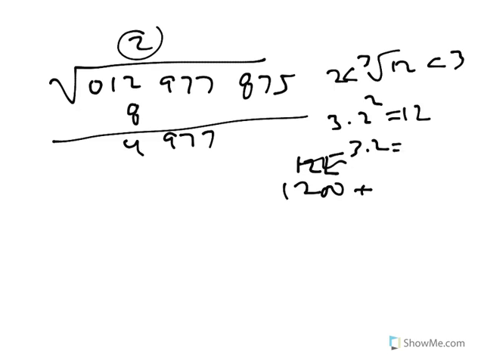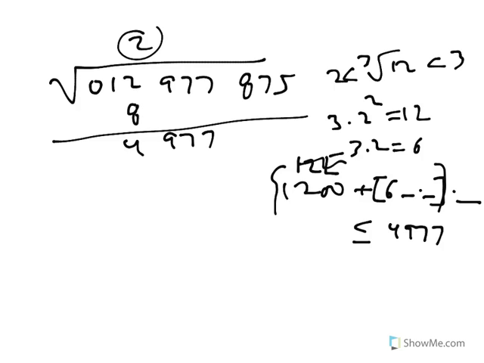3 times 2 is just 6. So in here I'm going to go 60 blank times blank. Those have to get added together and multiplied again by the same blank. And that thing has to be less than or equal to 4977. So if you do 4977 divided by 1200,